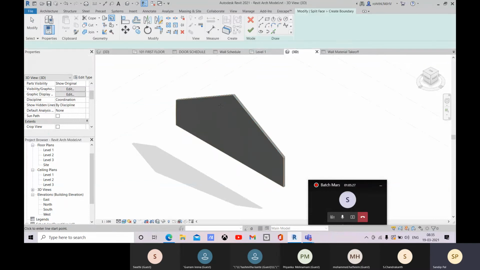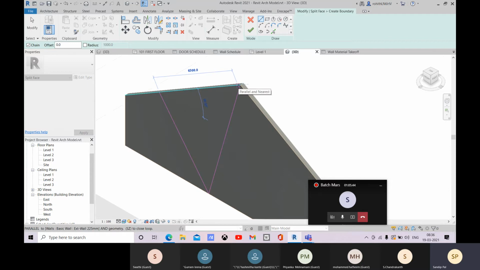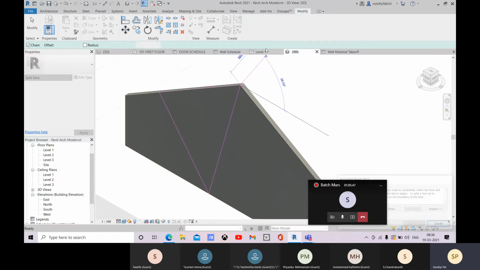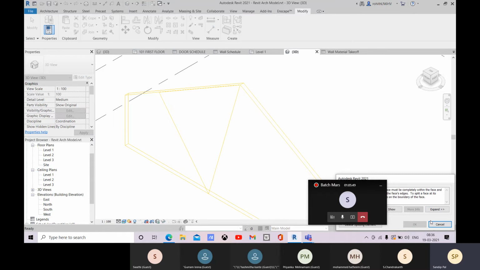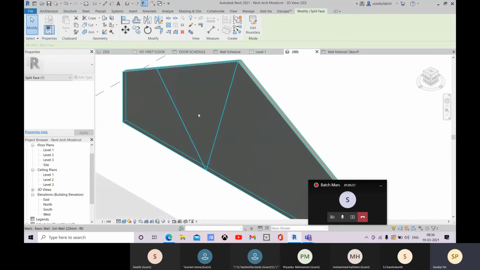So you can split this face to add some designs over there, like let me just simply go for this. I think we can go like this.